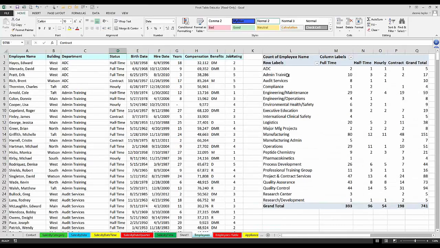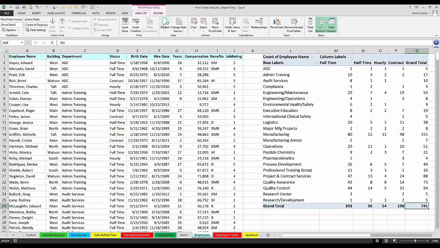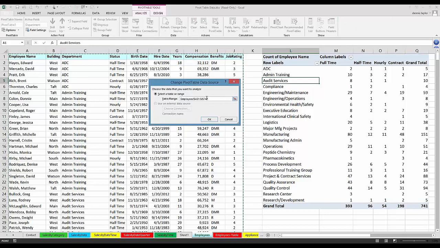Refresh will not pick up the data. Keep an eye on that 741. If I do refresh, Alt F5, remember we can go to the Analyze button and choose refresh. What happens? Nothing. What can we do? Change data source. This is on the Analyze tab, the contextual tab. Change data source. And what do we do now? We simply change the 742, which was our highest numbered row before. Now it's row 747. Now as we click OK, this will change the pivot table, and that 741 will change